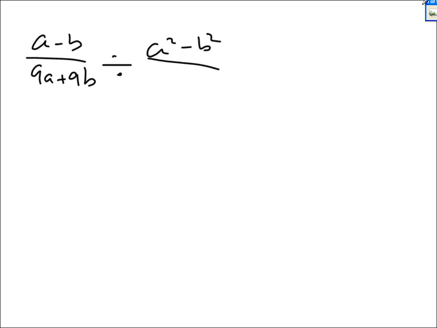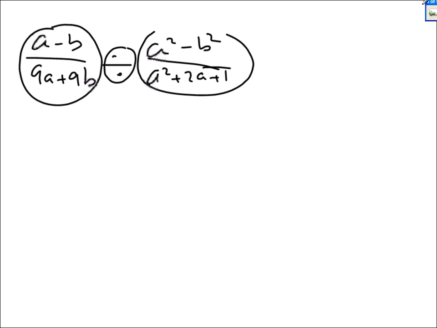Now, somebody gave you a division problem. Say a minus b over, I don't know, 9a plus 9b, and you want to divide this by a squared minus b squared over a squared plus 2a plus 1. The first thing you should do is convert it to a multiplication problem. You keep this the same way, you change that, and you flip this. So you have a minus b over 9a plus 9b times, flip this,